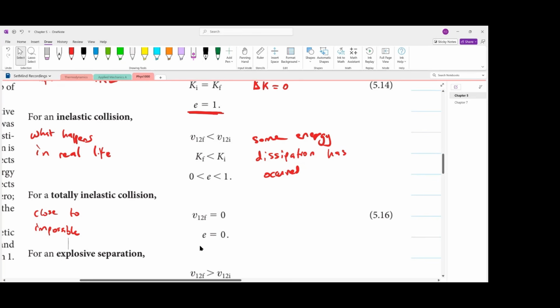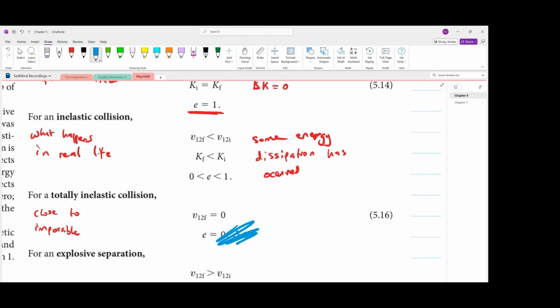a jelly-like substance. So if you take a jelly and you throw it onto the wall, it just splatters on the wall, right? Okay, that's not a good example. Let's say we take a jelly that is a bit thicker, and then it just stays on the wall. It sticks to the wall as you throw it. It stops moving. So that is close to totally inelastic, but it won't be zero. It will just be very close to zero